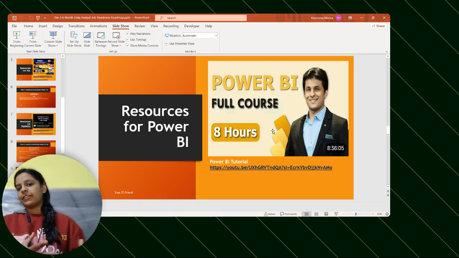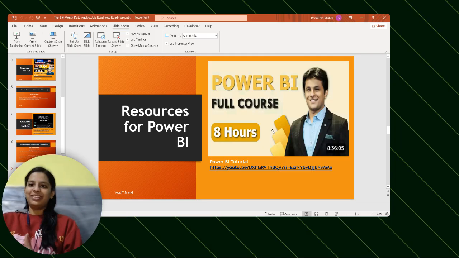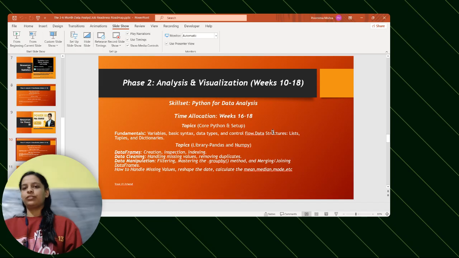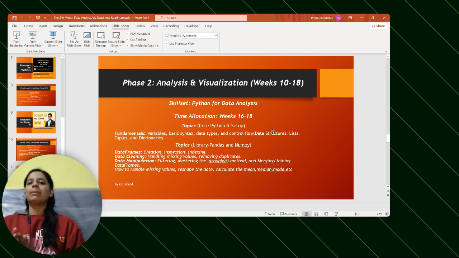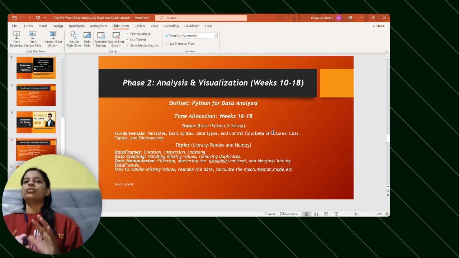Again, as I have explained for Excel, Python too is very large. You need not go into each library and learn the machine learning models and deep learning models. Not like that. You have to learn the basic concepts of Python. You need not go into the advanced concepts of it. So go ahead and try learning only the basics of it, and then we'll focus on the advanced concepts later on probably. But for now, I think as a data analyst you need to focus only on the basic concepts,